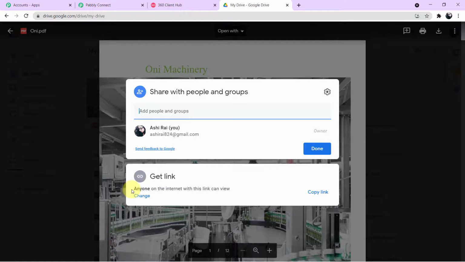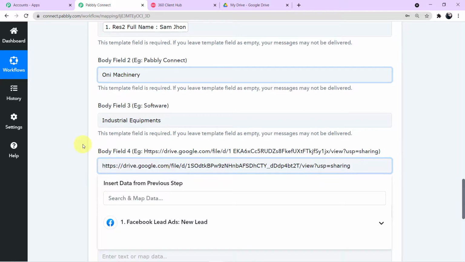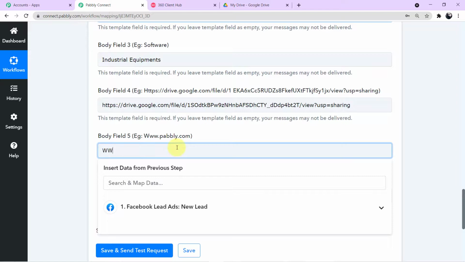Now you can first read what is written: anyone on the internet with this link can view. Okay, so I'll copy this link, go back to my Pabbly Connect account, and simply paste it here. Now in body field 5, it is written in the example www.pabbly.com. So here we have to enter the website